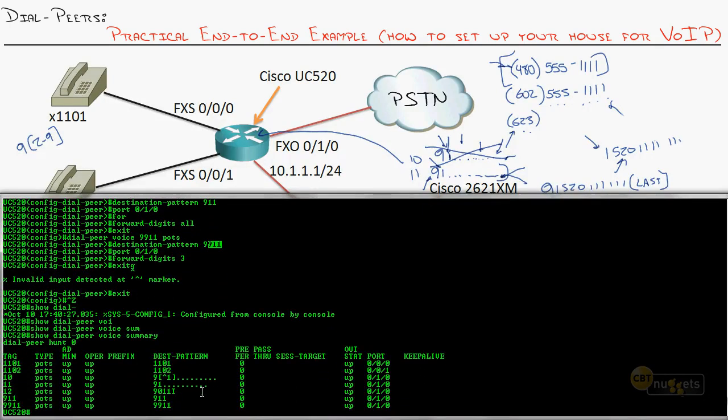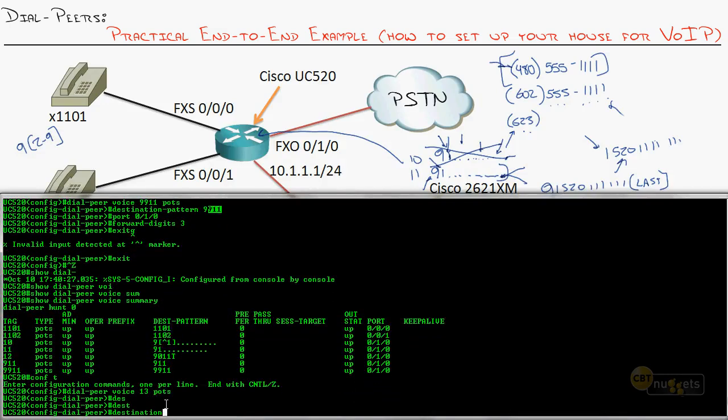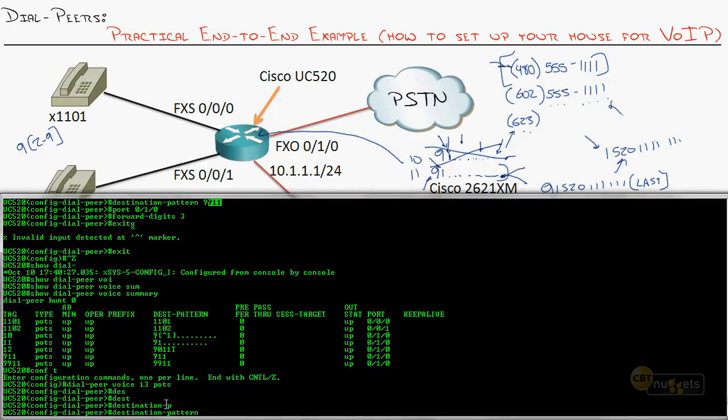Now, you can go further. You can say, oh, well, what about like 411 for information? I mean, we have all kinds of service numbers, and it's easy. You could go in and go dial peer voice. Let's just do 13 pots. And I could say destination pattern. Once you've got the wildcards, you see how handy they are? You could say 1 through, bracket 1 through 8, dot will be our service numbers. Actually, we need a preceding 9 for an outside line there. 9, 1 through 8,